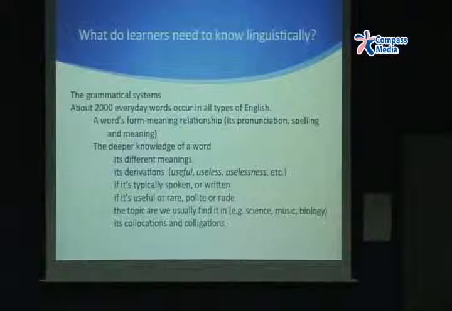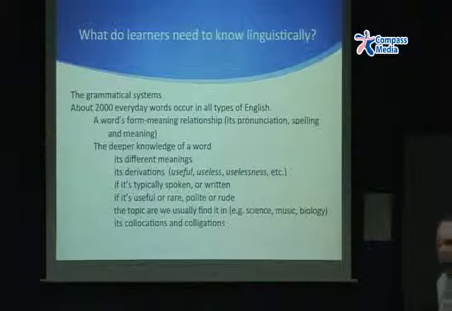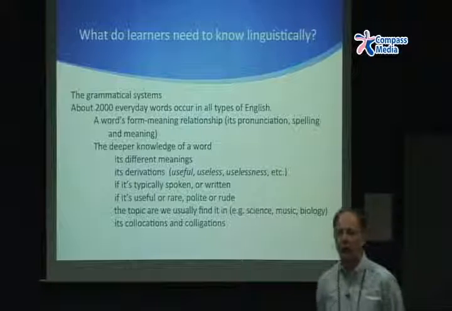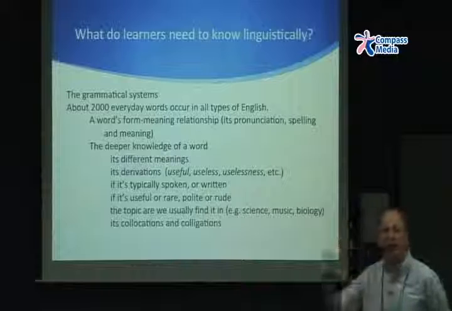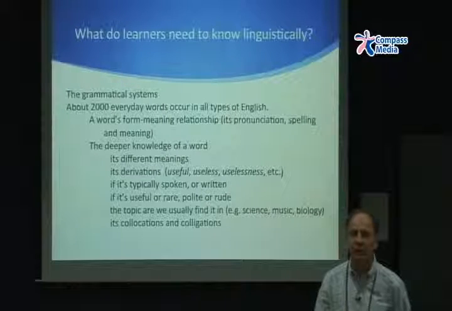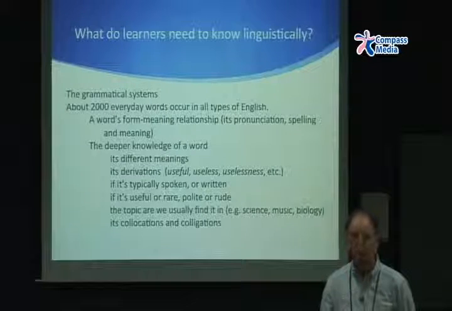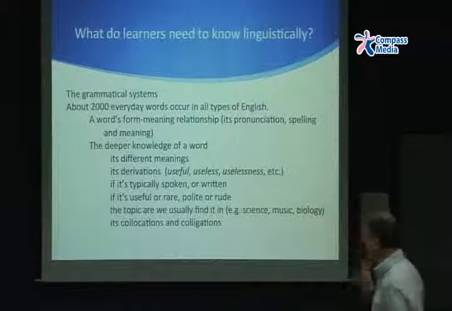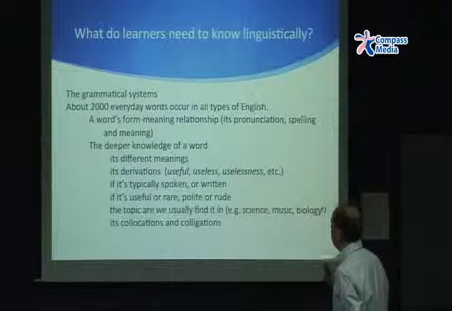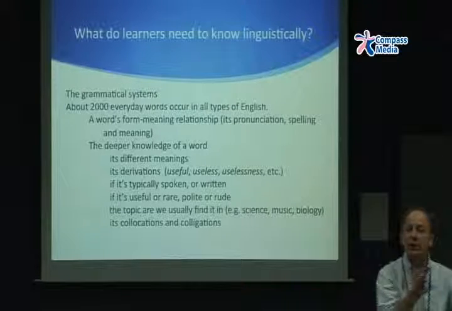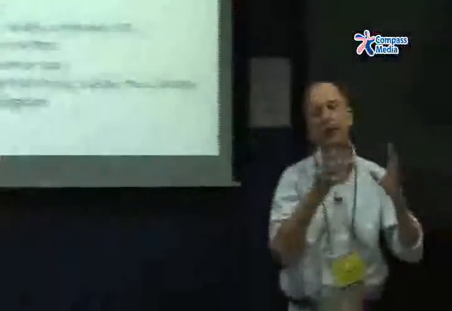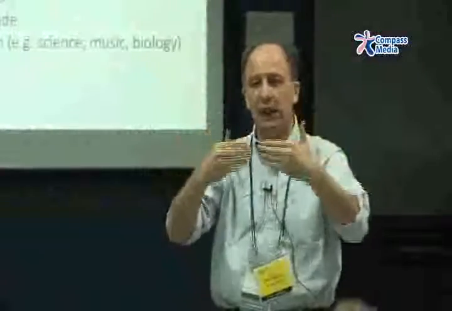But importantly, and I think this is something that many teachers and students don't quite understand, there's an extremely important difference between two broad kinds of word knowledge. There's a lot of confusion, which leads to lots of trouble. The first is a word's form-meaning relationship. That is, how the meaning of a word is tied to its pronunciation or its spelling. So how those two are connected: the meaning of something and its pronunciation or spelling.